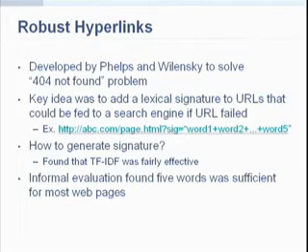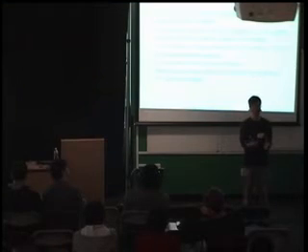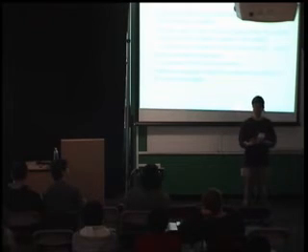Through some of their informal experiments and evaluations, they found that an algorithm called TF-IDF, term frequency inverse document frequency, is actually quite effective for this. TF-IDF is probably the most well-known information retrieval algorithm, and let me give you an intuition for how it works. The TF part stands for term frequency: you want to find words that are very common on a web page. And the IDF is inverse document frequency: you want to make sure those words are not common on other web pages. So for example, if you went to eBay's web pages, the words eBay and auction are probably quite common on eBay's web pages, but very rare on any other random web page out there. Okay?